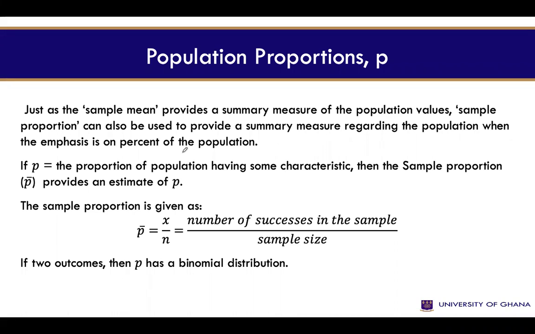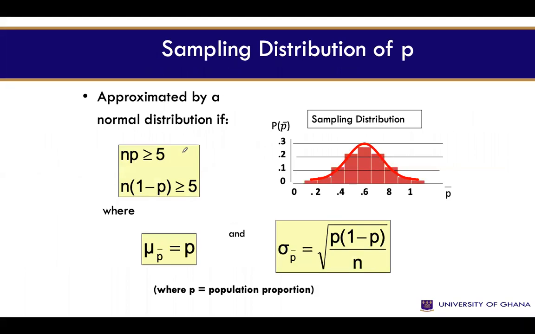And the sample proportion is mostly given as the number of successes, or the number of people with the required attribute that you are looking for, over the sample size. You know, people keep making statements like the unemployment rate is, let's say, 20%. Mostly, instead of using means, we use proportions to make our claims, to make our statements, and to create certain emphasis that we want to create, right? So how do we look at the sampling distribution of a sample proportion? Now, we can approximate that